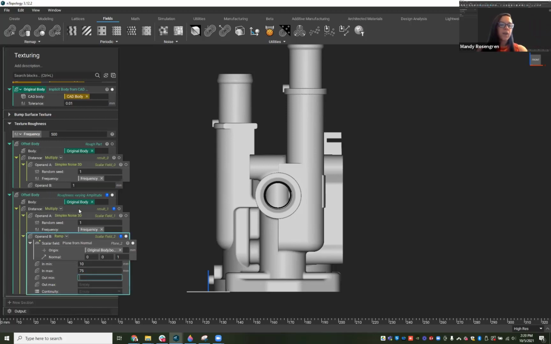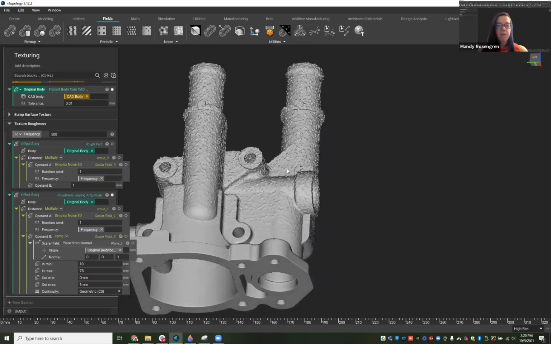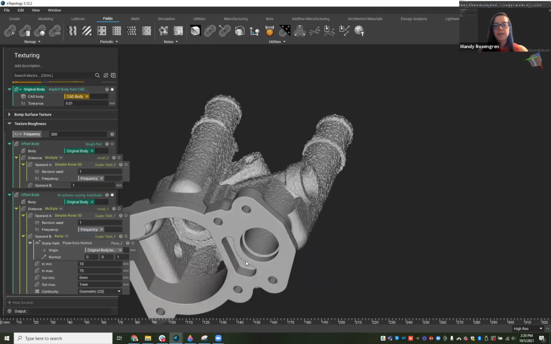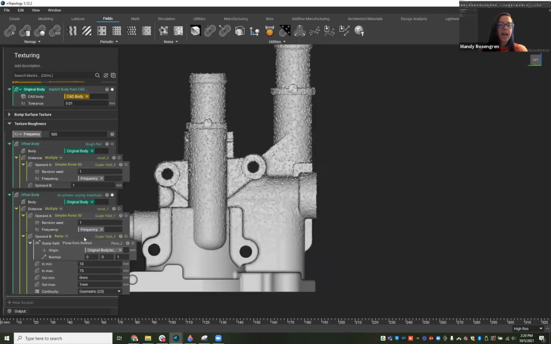So our outmin, if we think about, we don't want any offset of the body, we want it entirely smooth, then we'll offset by 0 millimeters starting off and ramp to 1 millimeter with a geometric continuity. So we can see it already ran that for me, where I had that smooth base, and then it becomes rougher. And if I look at that ramp,